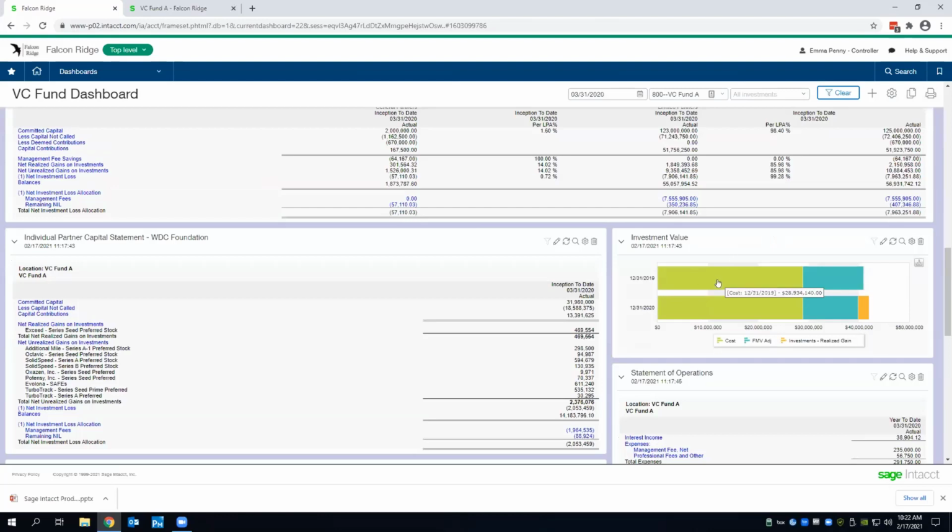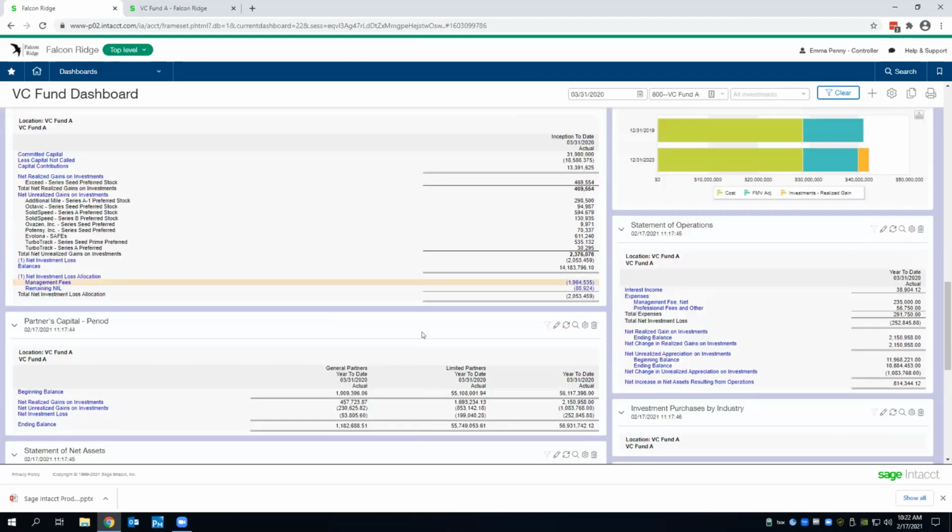Coming down here, we also have visual representations of our investment value. So this is showing us over a couple of different years, color coded by the cost of the investment, the unrealized gains, which was the situation last in 2019. And then here in 2020, we see our cost, we see our unrealized gain, as well as the realized gain from the portfolio company that we liquidated in 2020. We can also put